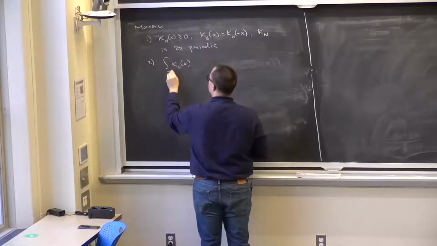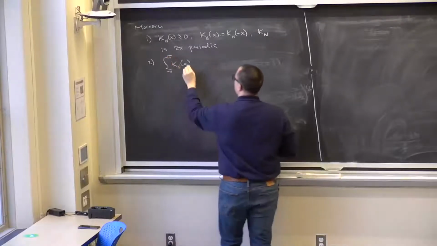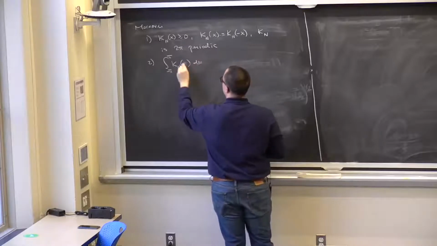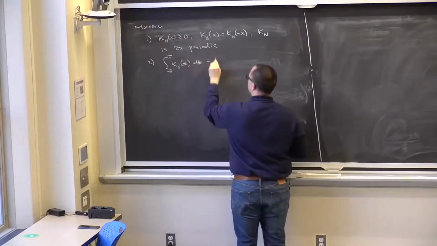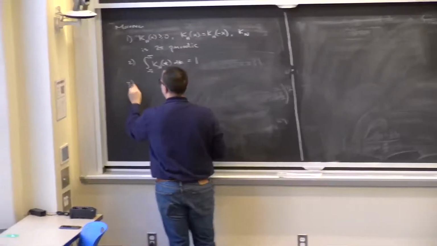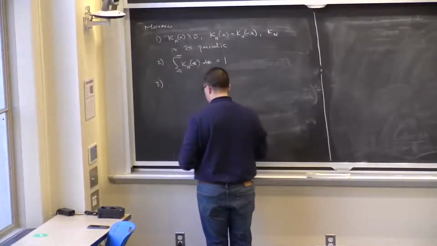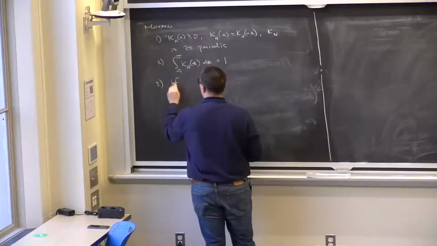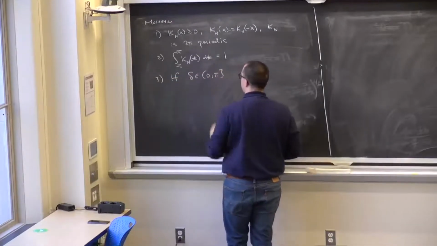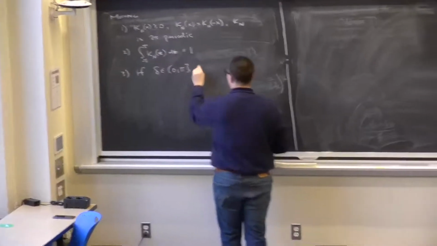The second is that the integral of Kn of t from minus pi to pi, dt, equals 1. And the third is, if delta is a positive number less than or equal to pi, then